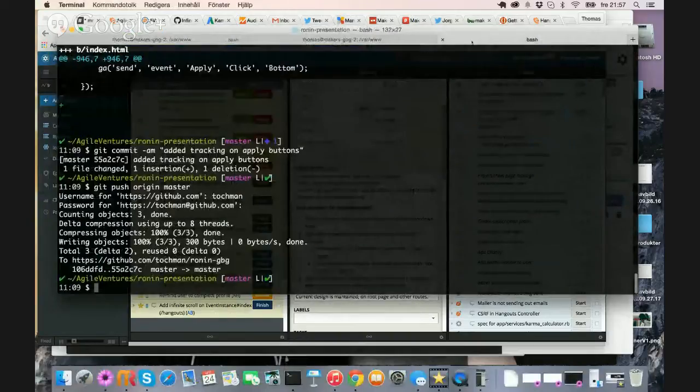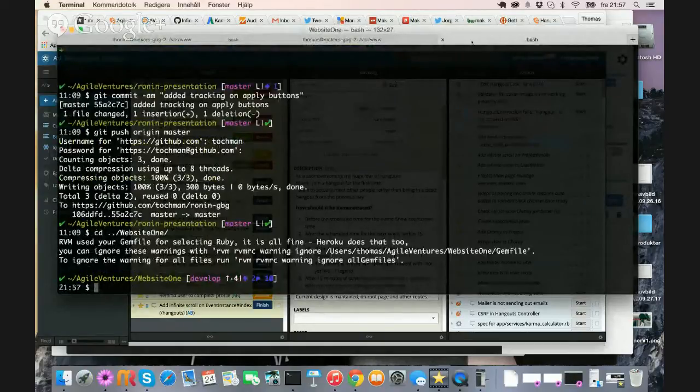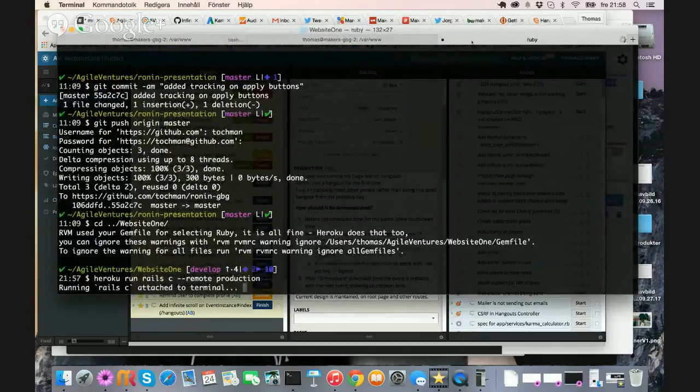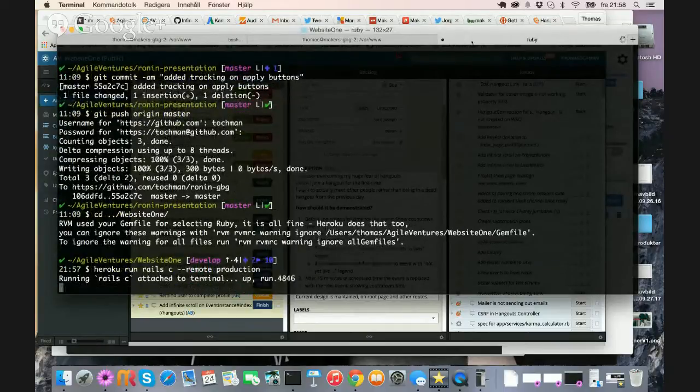I'm not sure either. Let's have a look. So if we do Heroku run rails console at remote production, we go over to our production for a while.